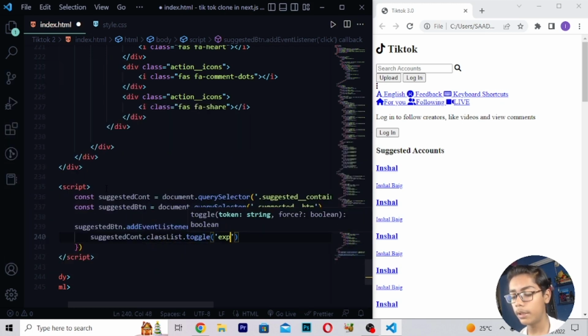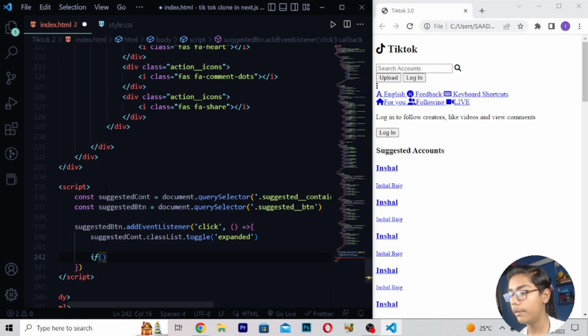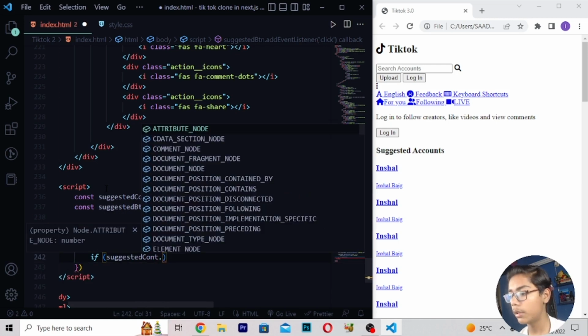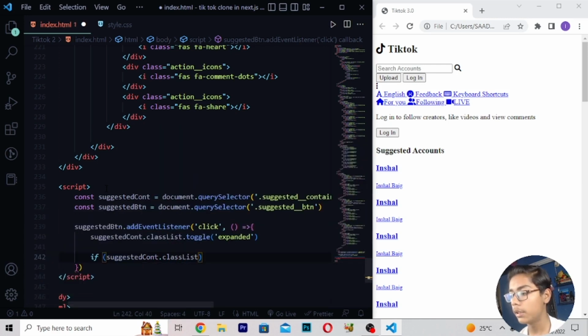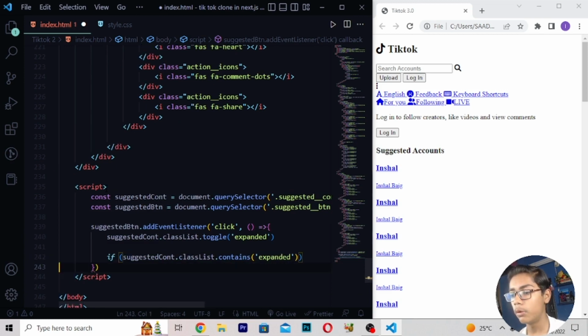Then I will be writing if suggested on dot classList dot contains expanded.